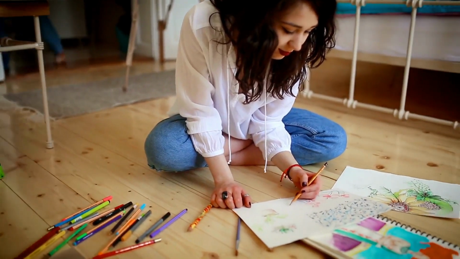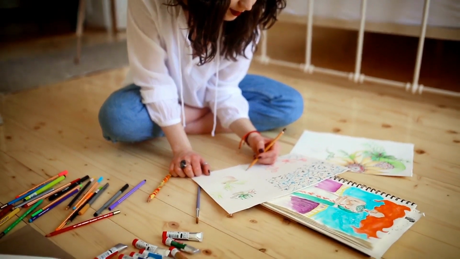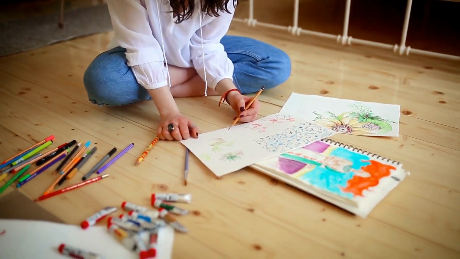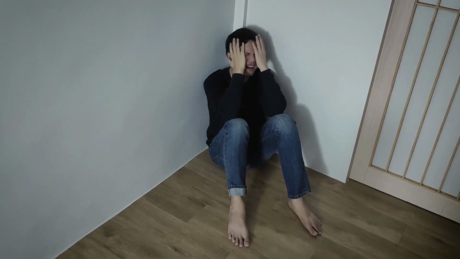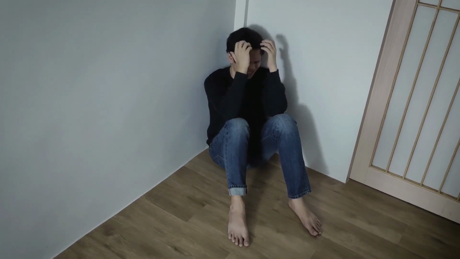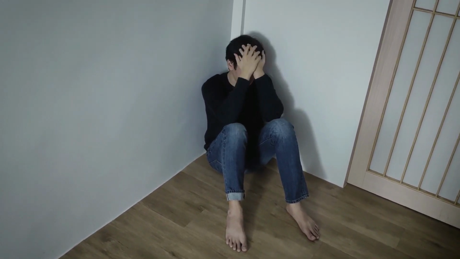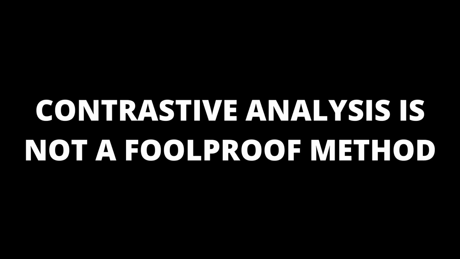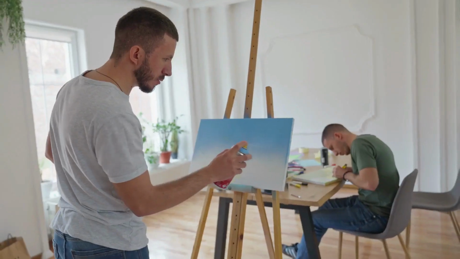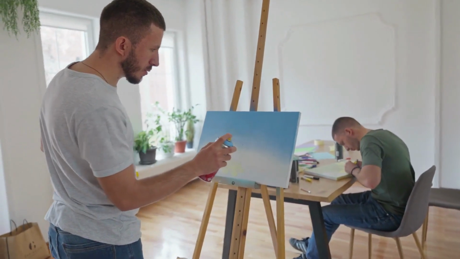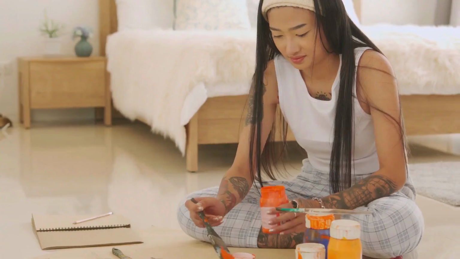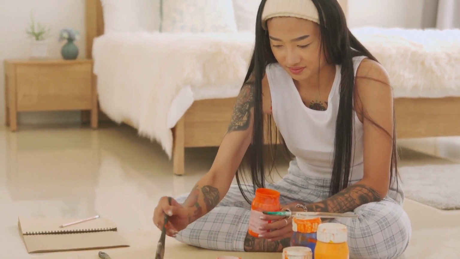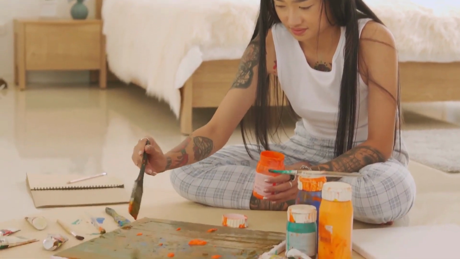For example, a person may notice during their creative state that they have constructed visual images and positive internal self-talk. When they are unable to reach that state, there are no such images in the presence of a critical internal voice. Contrastive analysis is not a foolproof method. For instance, one can use contrastive analysis to show that the main works of genius were done by white Caucasian males of European descent. However, this does not mean that women and non-European people are incapable of producing works of genius.